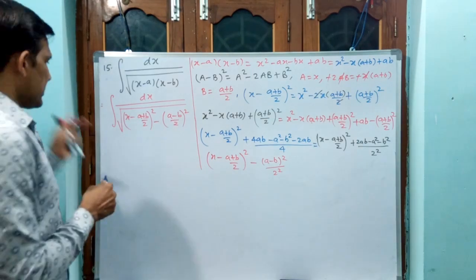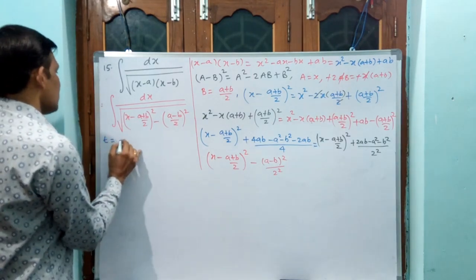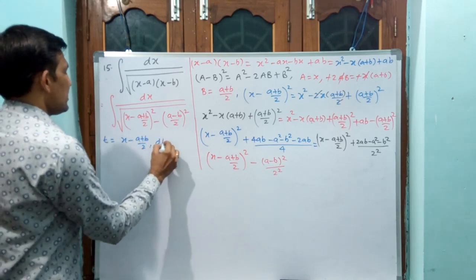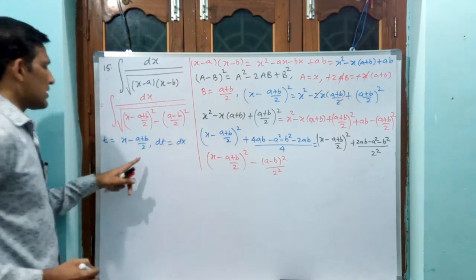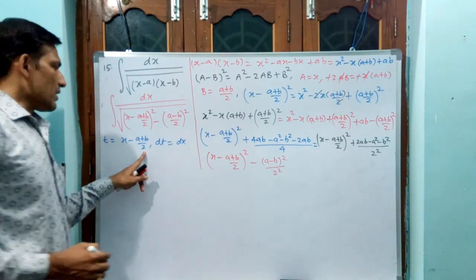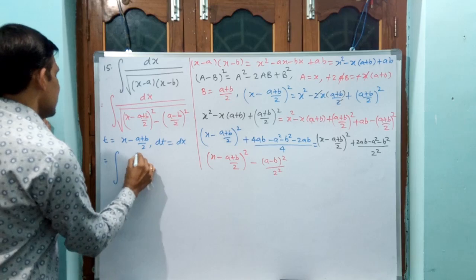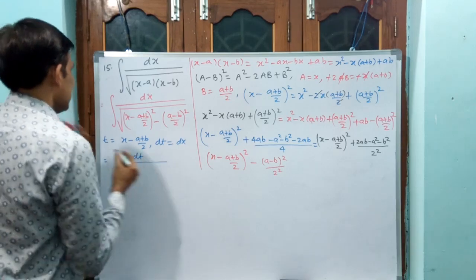This will be t. Take t. t is equal to x minus (a plus b)/2. dt will be dx. That's all. Why? Because this is constant. Again write in the form of t. That is equal to integral dt by